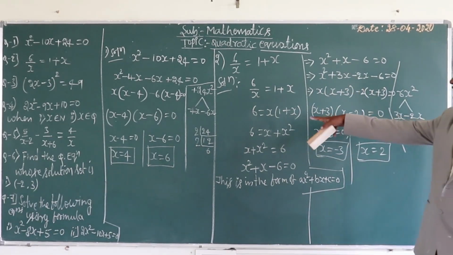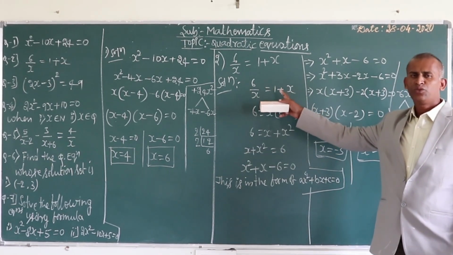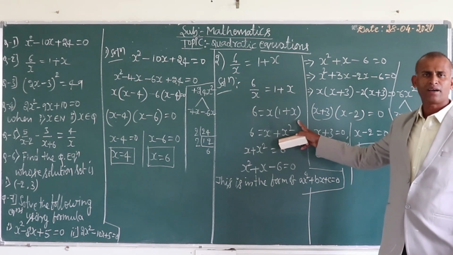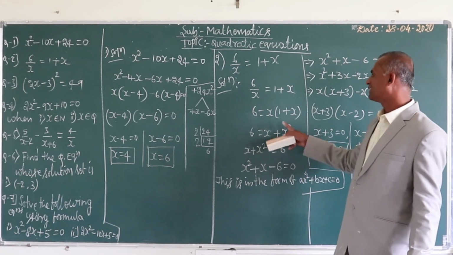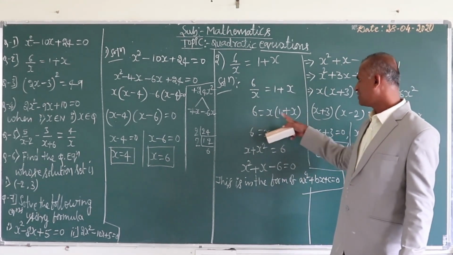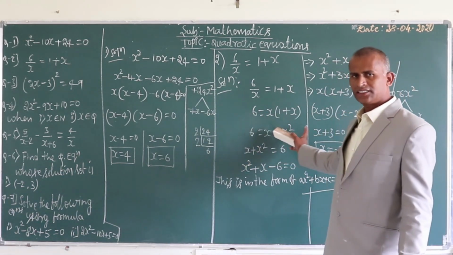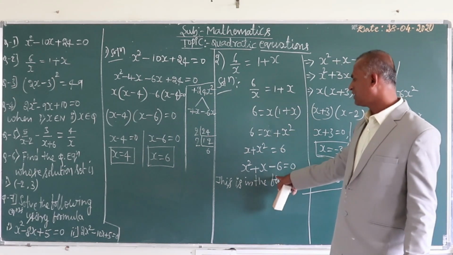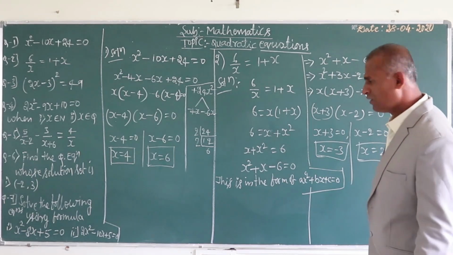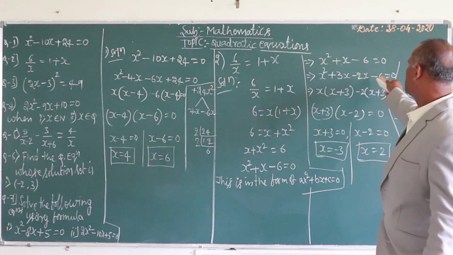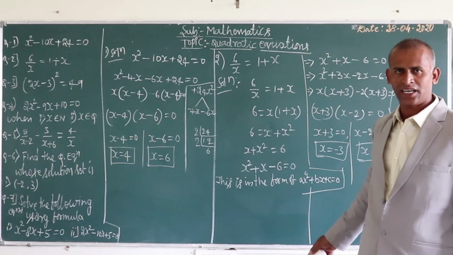This is the way of solving. We have the denominator, transposed to the RHS side it becomes the numerator, and we multiply it with the given binomial: x into 1 is x, x into x is x square, plus into plus is plus. The complete RHS we wrote on the LHS side, and the complete LHS on the RHS side, afterwards we transpose. This is in the form of ax square plus bx plus c is equal to 0. After that we solve the quadratic equation by the factorization method.